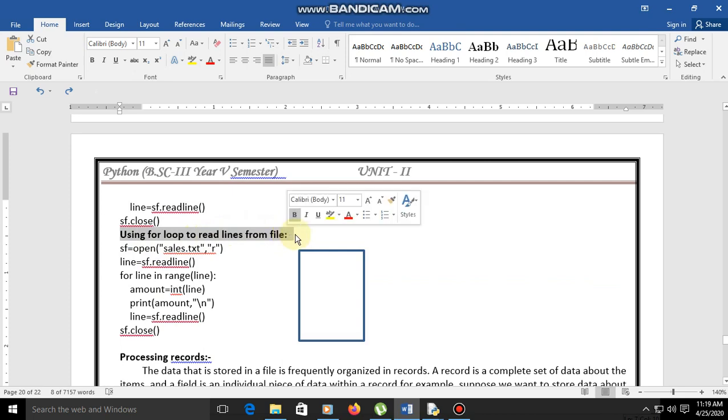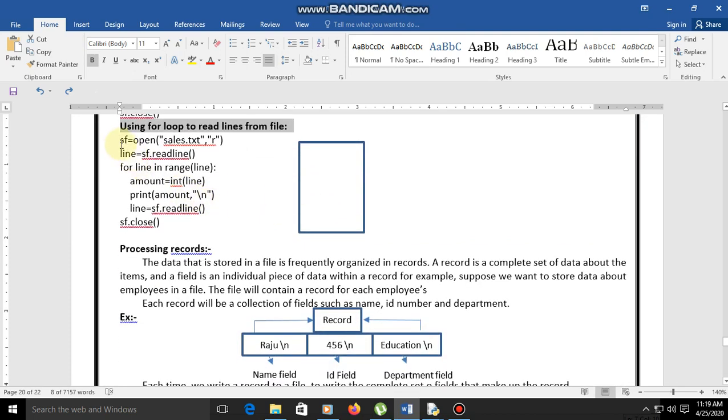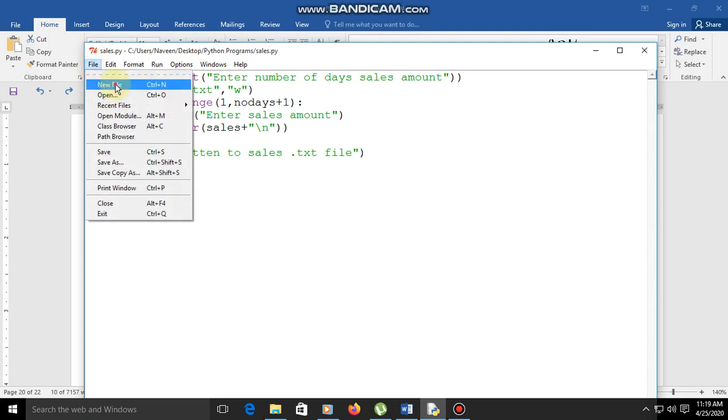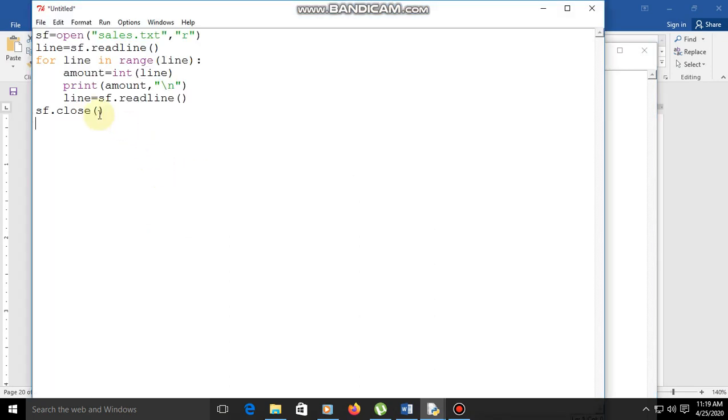Now this is reading the data by using the readline function, and now here using a for loop to read lines from the file. It is also the same, copy this, paste. Here we are using a for loop. SF open sales.txt, reading line, SF dot readline, one line at a time, for line in range lines.